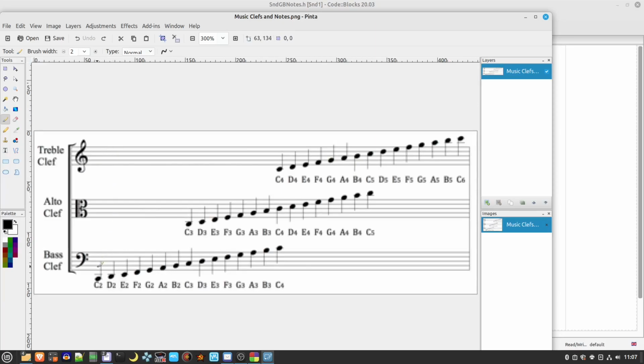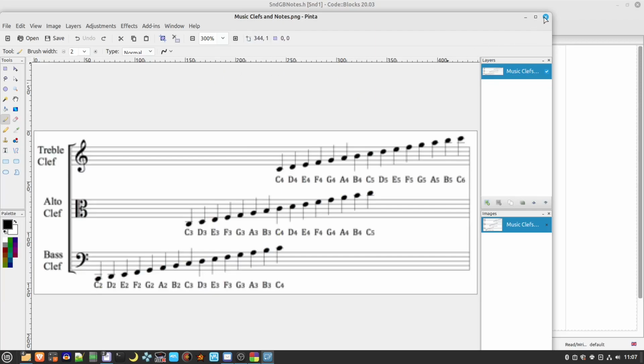If you look at sheet music, each note on it corresponds to a pitch, which is how high or low that note actually sounds. So when looking through sheet music, using this image here, you can determine which octave that note is actually supposed to be played at,